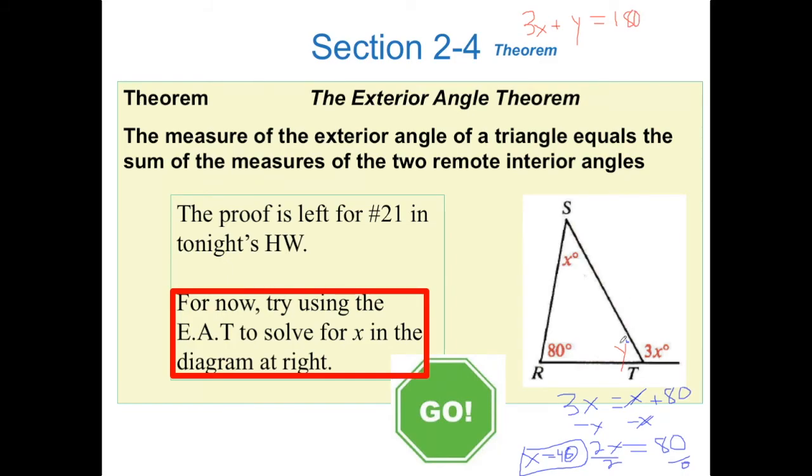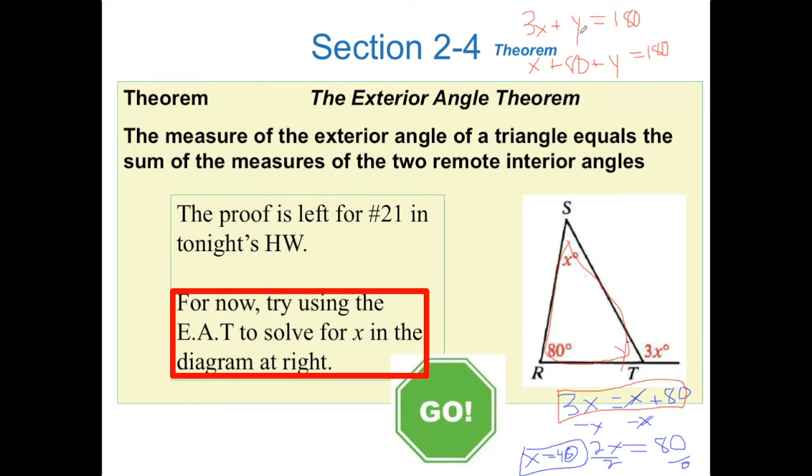What's another thing that has to equal 180? Well, these three angles right here also have to equal 180. So x plus 80 plus y also equals 180. So we have a theorem to save us time, so we can start with it like this here, but you probably wouldn't be able to solve this on your own, even without this theorem here,